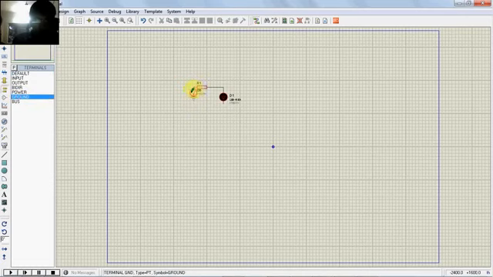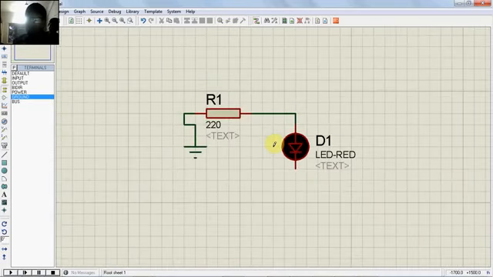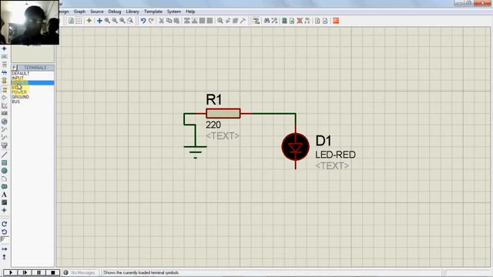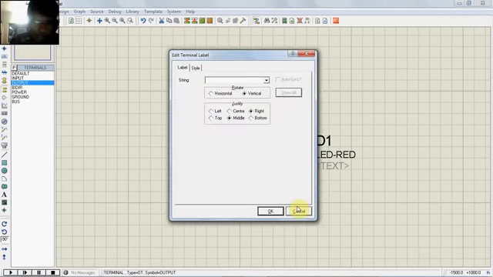This is not powered. Double click it and give some name. I will give OP1, and now this must be VCC. Connecting it, this VCC in capitals.